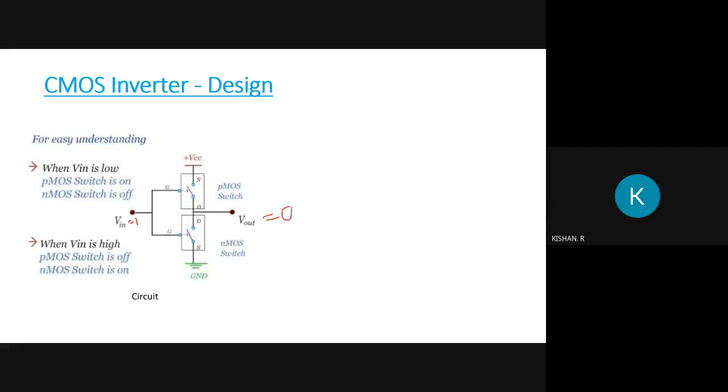0. 0, right? In the same way, if I apply 0... can anybody tell, for one case, what happens to the PMOS and NMOS? If Vin equal to 1 is given, what happens to the PMOS? Will the PMOS be on or off? Off. The PMOS will be off, right? If you give 1, the PMOS will be off and the NMOS will be on, which means it acts as a short circuit. So the ground is connected at the output, and that's why you're getting output 0. The same way for the 0 case. So that is the operation in brief.